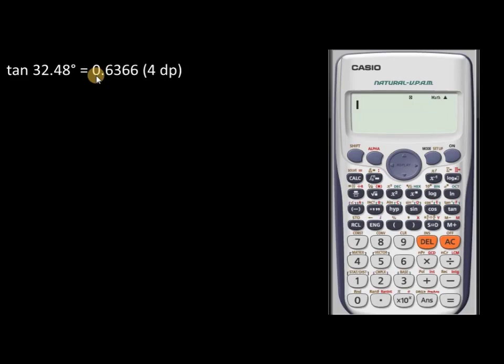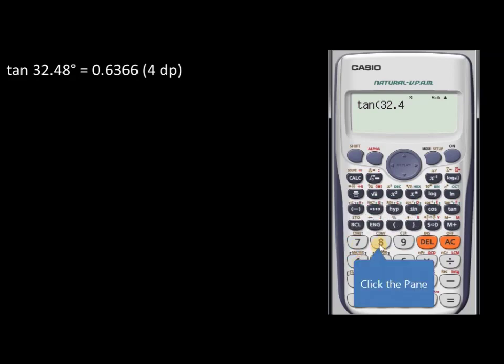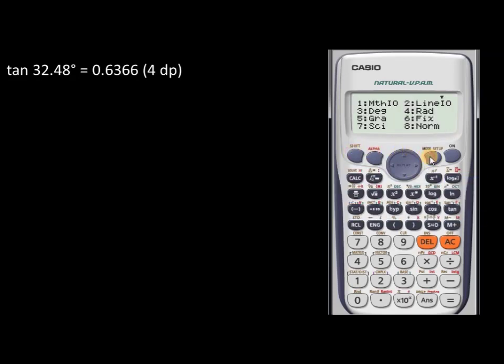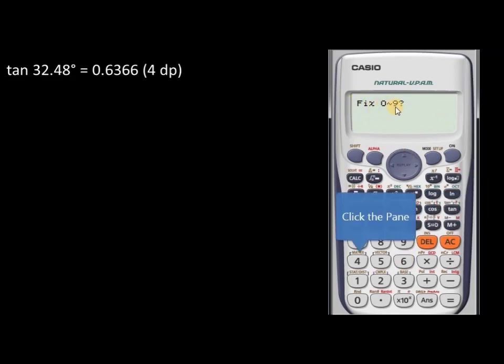The answer to this question is 0.6366 to 4 decimal places. To do this on a calculator, we go tan 32.48 close bracket equals. This is the long answer. We don't want all decimal places, we want 4. So we go shift, set up, choose number 6, that's fix, and then choose 4 decimal places, 4, and there is the answer,